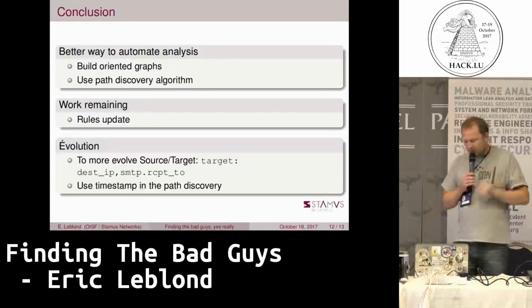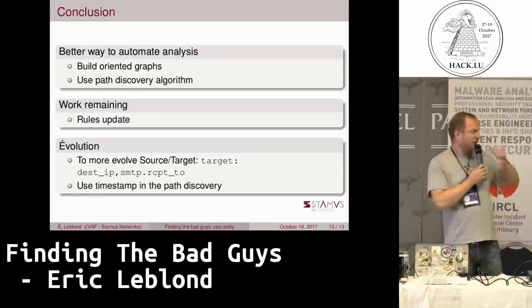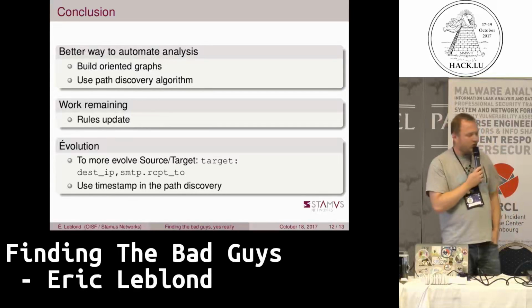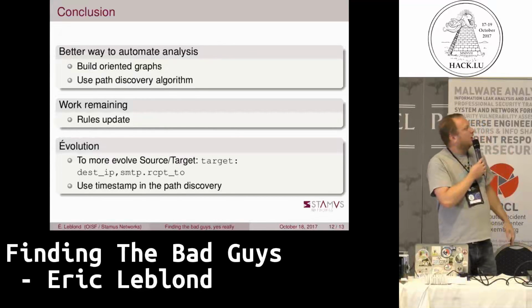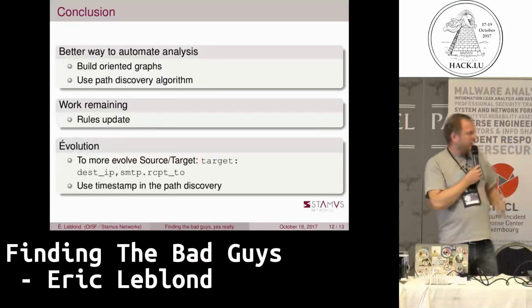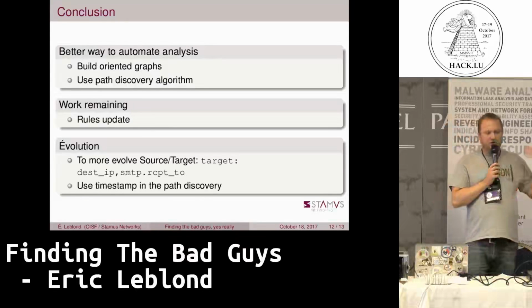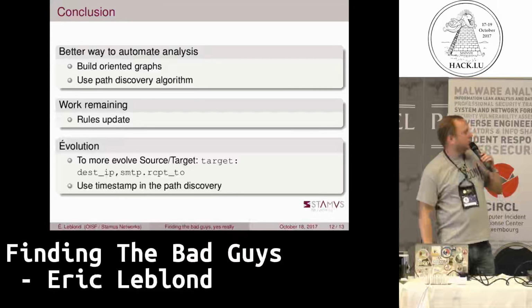As a conclusion, this introduction of source and target, as origin of the attack and destination of the attack, will allow you to build better visualizations and do more automated analysis to find paths inside the network. One of the big problems of this approach is that we need to update the rules. I'm currently working with Emerging Threats, one of the bigger providers, to do that, but it is something we can convert. And I've just switched to the Suricata 4.0 rule set, so that should be possible.